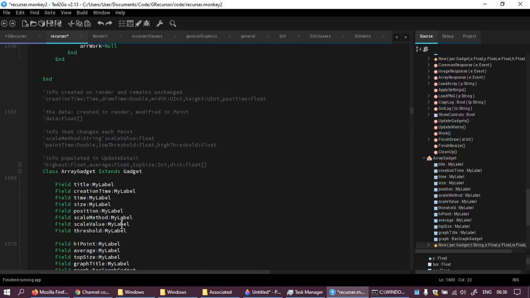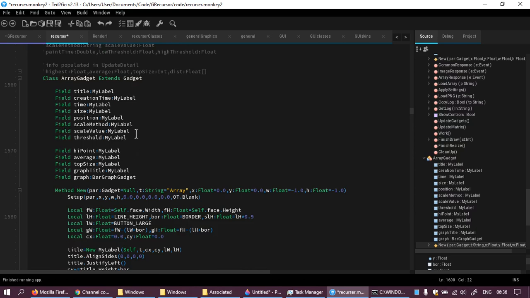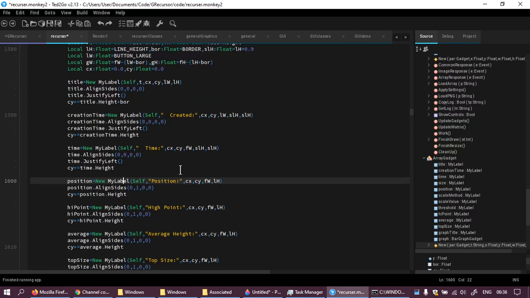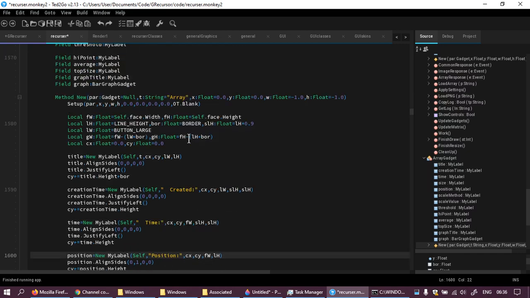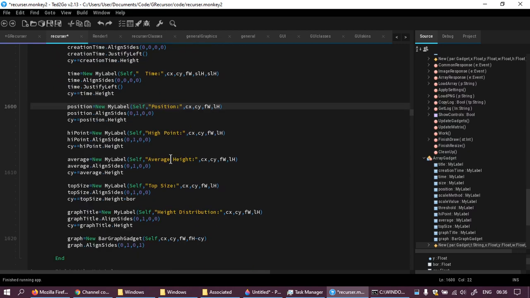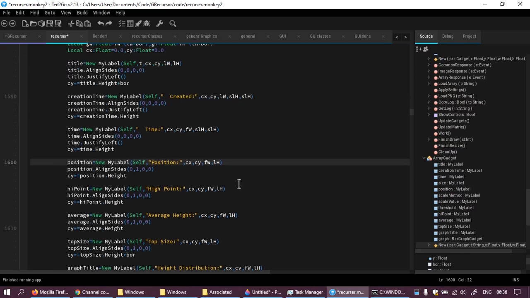I am going to have to go up and down if I don't just... I'm trying to think about how I actually arrange this, because there are times I do and times I do not want to display certain pieces of information. Like I always want the average height, the high point average height, top size, height distribution I will have, but